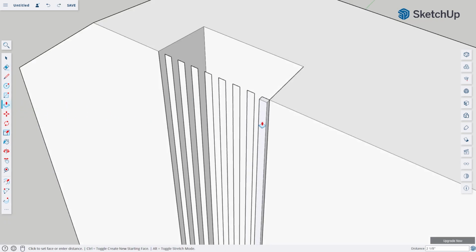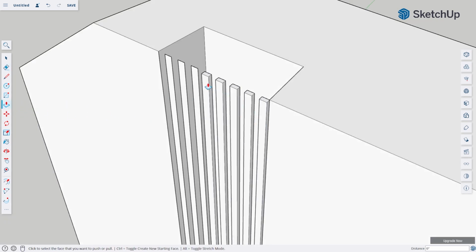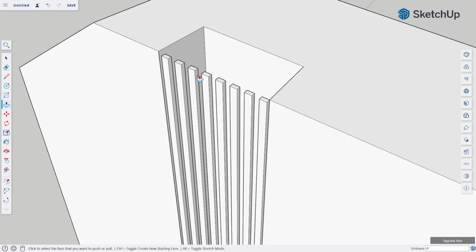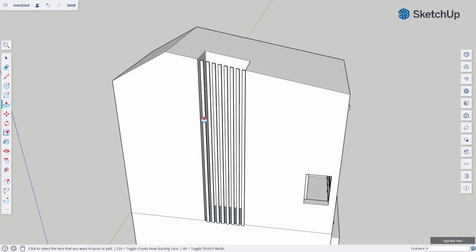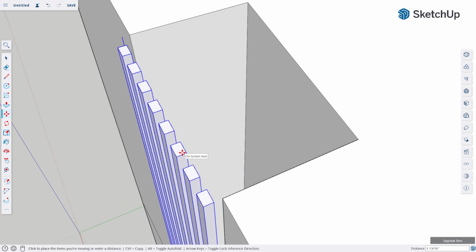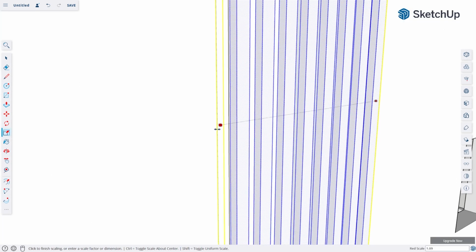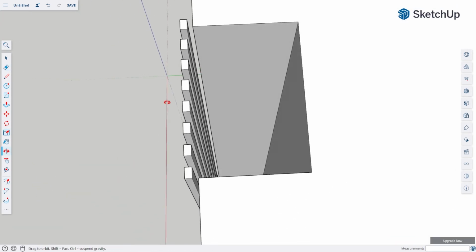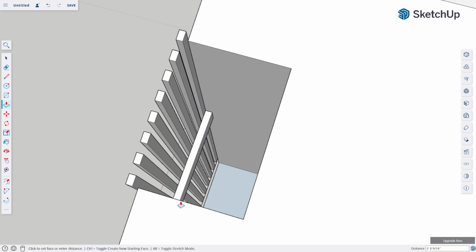Finally, I will use the push and pull tool to add volume to this. And then I will move this a little bit outside so it doesn't align with the wall directly. And I will add some horizontal bars inside for additional details.